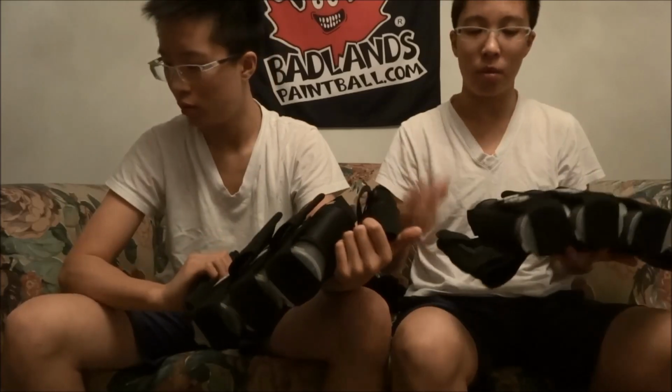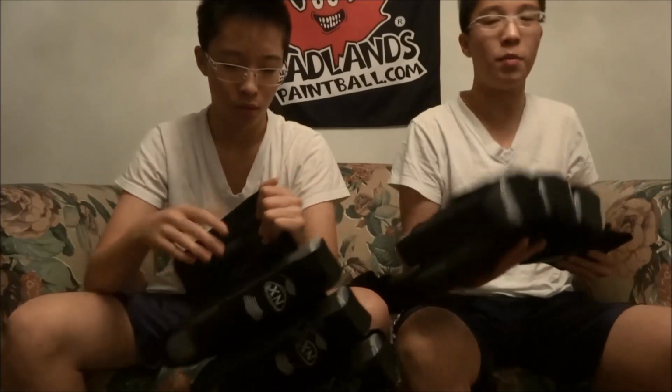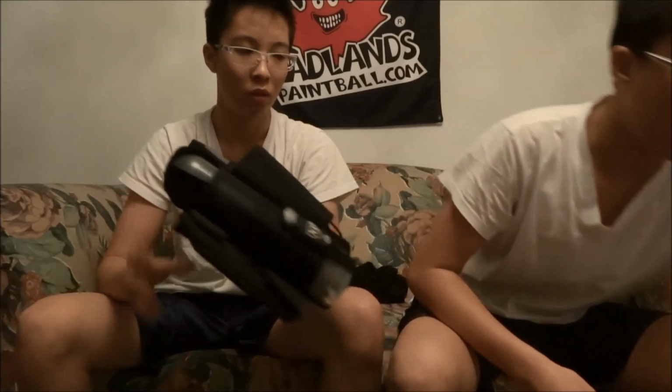We usually run 3 pods per round with a full hopper, and that's probably enough, maybe not for full tournament, but for what we play, which is usually rec ball, or even at NXE Paintball when we play airball. It's pretty hard to run through all 3 pods and a full hopper. You probably run through a hopper and 1 or 2 pods. I definitely recommend this